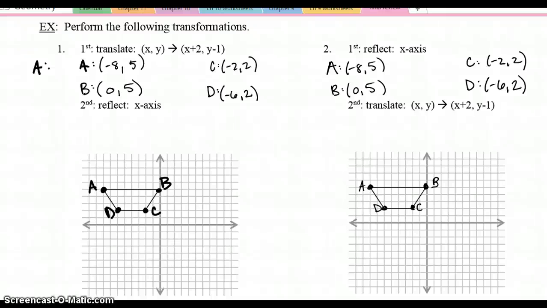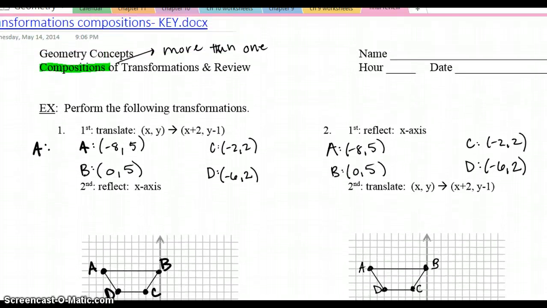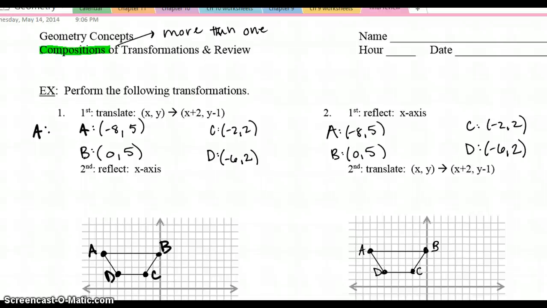Alrighty, so here's the first worksheet that you have on compositions of transformations. When we are composing transformations, it just means we're going to do more than one transformation. We could translate, we could rotate, we could reflect, and we could dilate. We could do any combination of those things in any order. So looking at number 1,